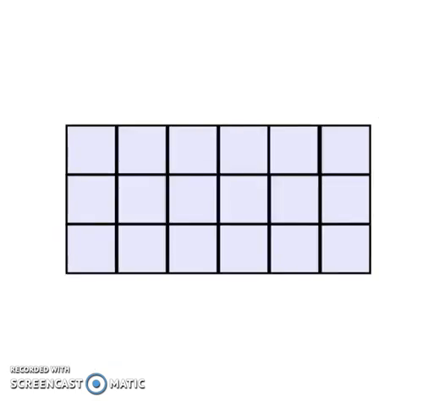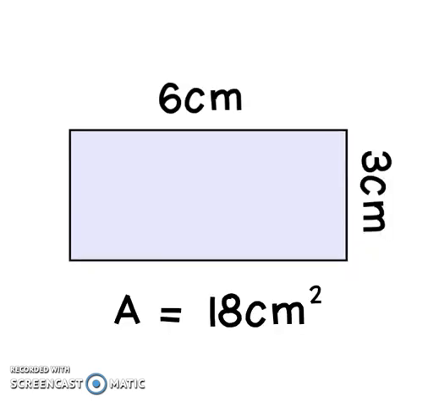It would look like this rectangle here, which has 18 squares in it, and each of these squares has 4 sides which each measure 1 centimeter. So our rectangle has an area of